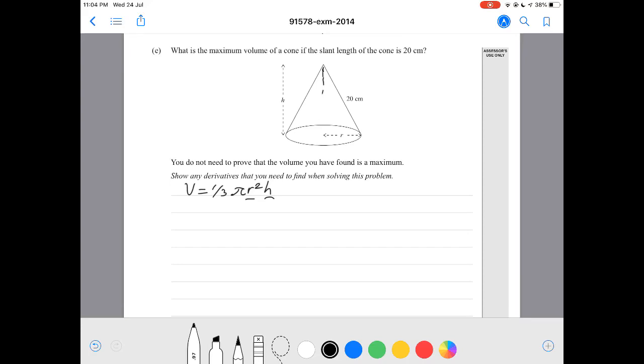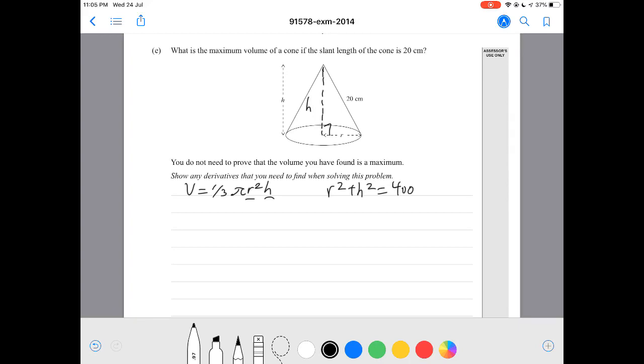So if I drew a line down the cone, that would be the height of the cone equal to h. So then we realize we have a right angle triangle, so we can apply right angle triangle rules. So we can say that r squared plus h squared equals 20 squared. 20 squared is 400. I'm going to write h in terms of r, and then replace h in the equation